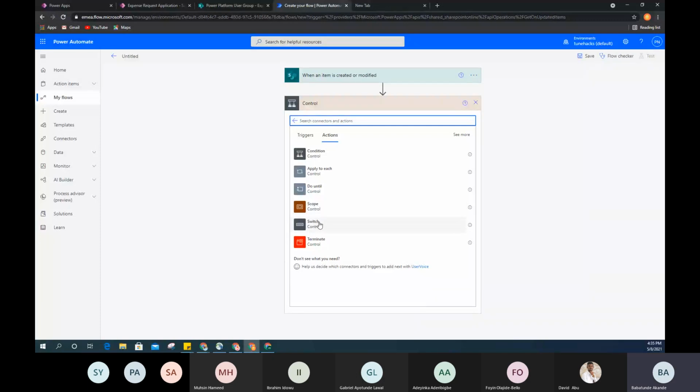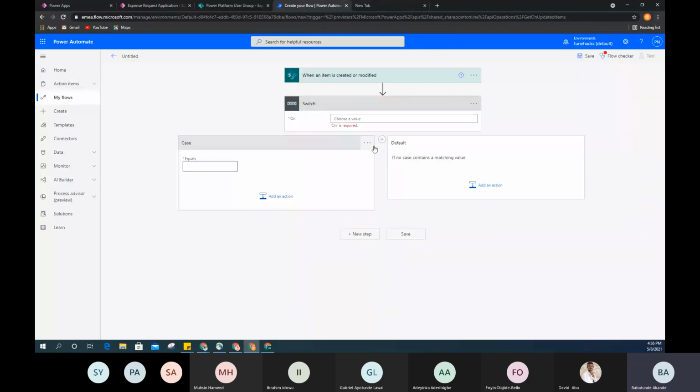It helps you arrange your flow quite well. Then switch. Switch is very similar to condition, which is what we are going to be using in this case, but it's much more flexible. I prefer it to condition in most cases because it allows you to define, okay, we'll see that in action. Terminate is just to say, when it gets to this point, just end the flow at that point, right? So for switch, which we are going to be using,